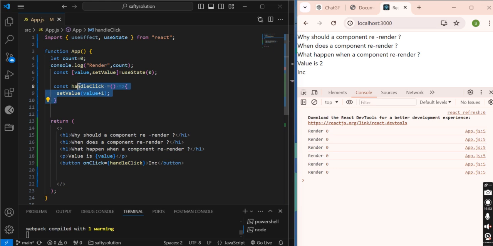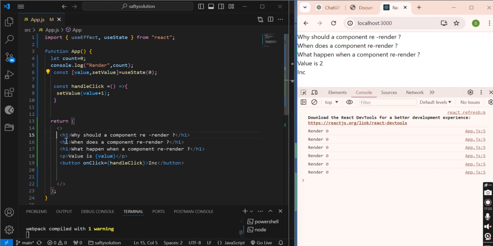So whenever it finishes executing this method, then it will re-render that component. At that time it remembers that, okay, next time I have to make it 2, so it will return a value which will be stored here as 2.